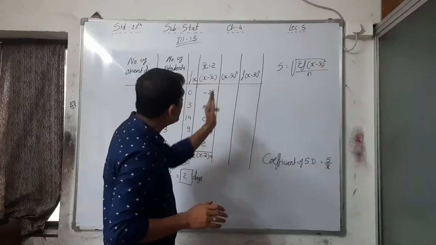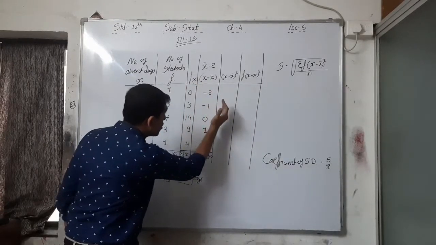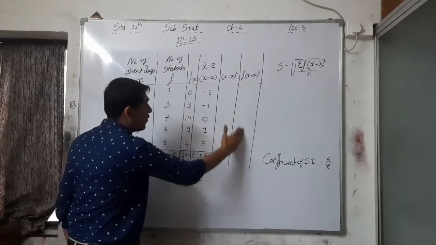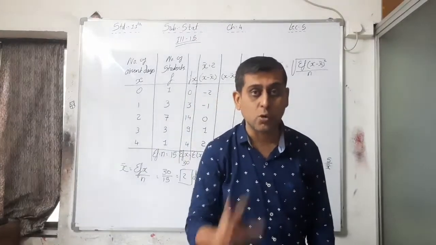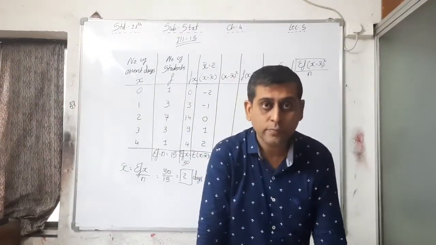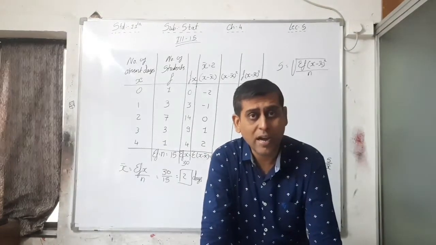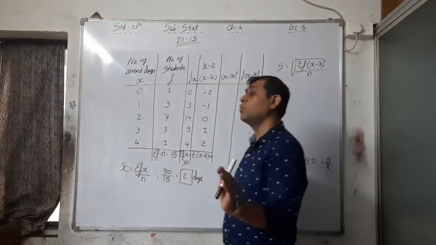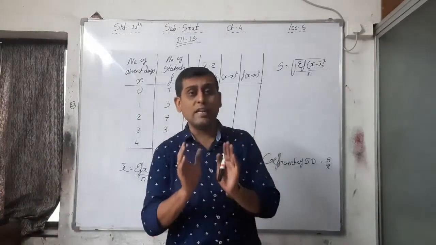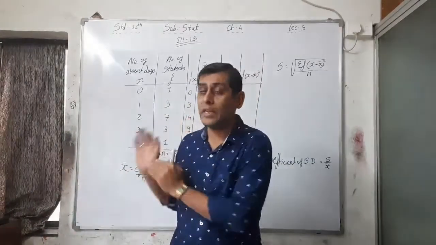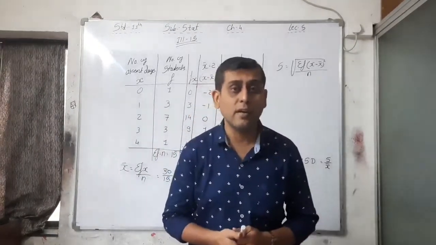Here now the square of these. See here x minus x bar is here. Now we want the square, and this square we have to multiply with f, and we find the last column. You have to do that by yourself first. I am giving you 2 minutes for that. Please do it by yourself. It is for your practice, because if I am doing all this, then in your homework you would be only copying whatever I am writing on the board. Please do it by yourself and practice for the practical sums.